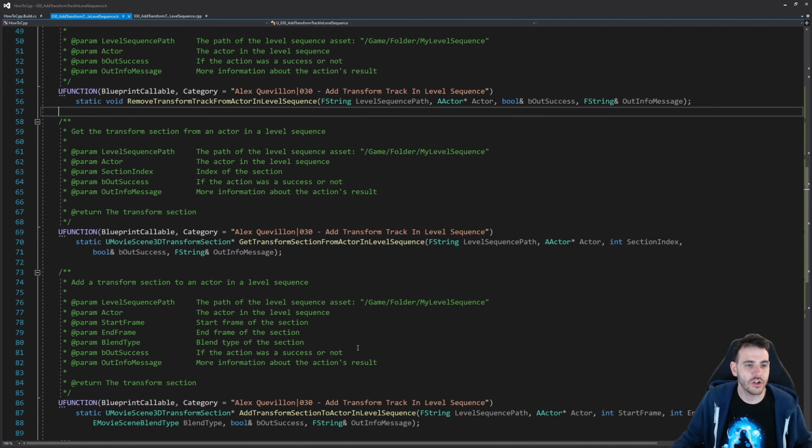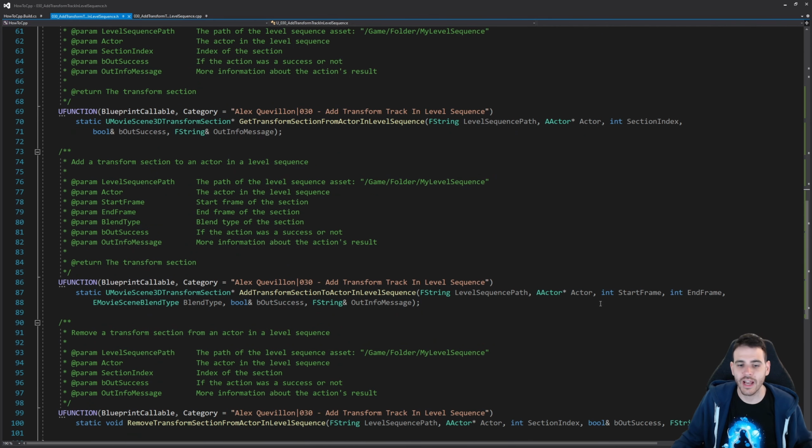So I'm going to scroll all the way down here to the last 3 functions, and then we're going to have the same kind of functions. So we have first the get transform section from actor in level sequence. That one is going to be pretty similar to the previous get. We're going to provide the path of the level sequence and the actor that should have the transform track on